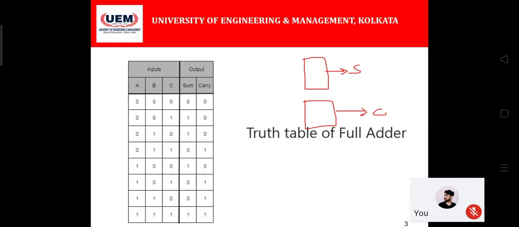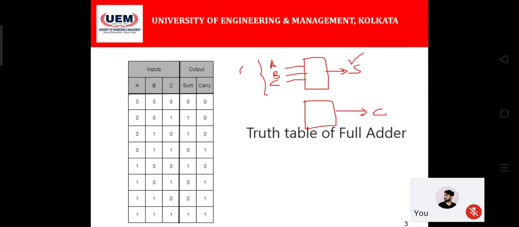Another thing is that whatever multiplexer I am using, their inputs must be only A, B, and C. If the multiplexer has some different combinations of input or any other input values apart from A, B, and C, then the multiplexer cannot be considered as a sum, because that sum must be generated based on the input combinations.